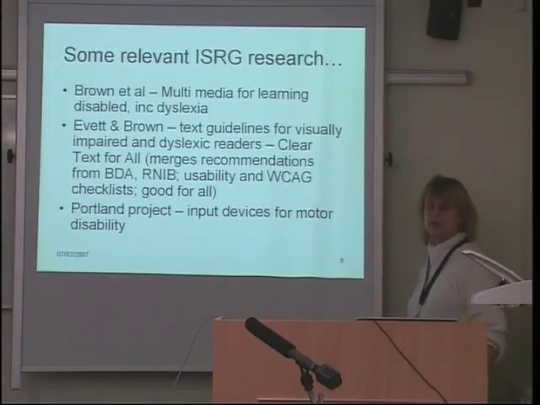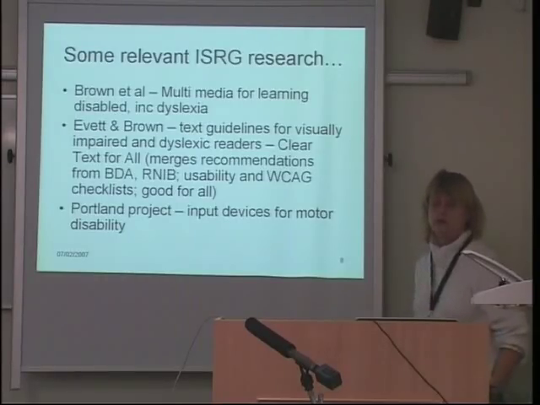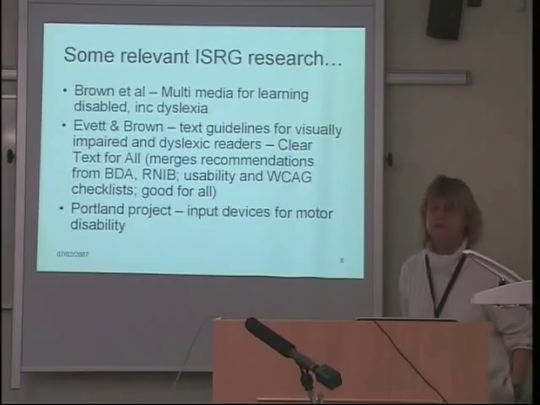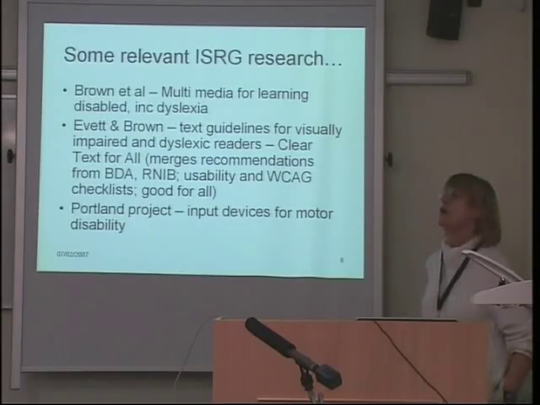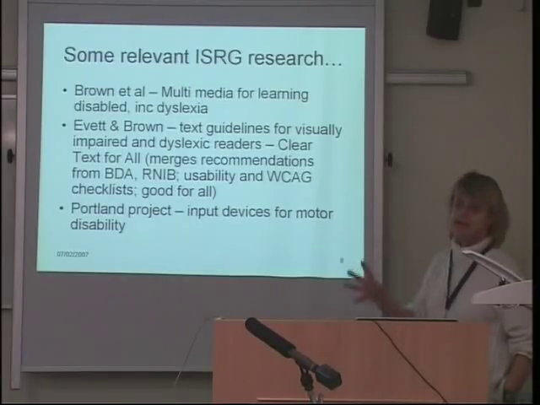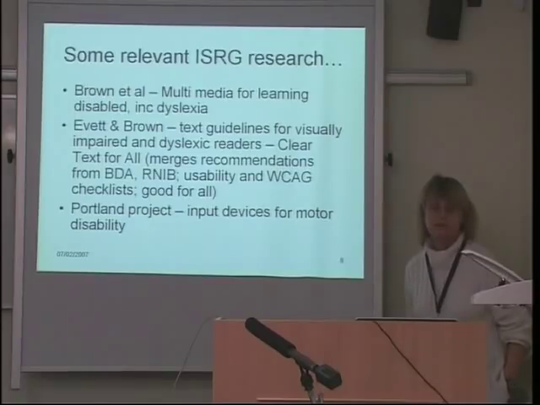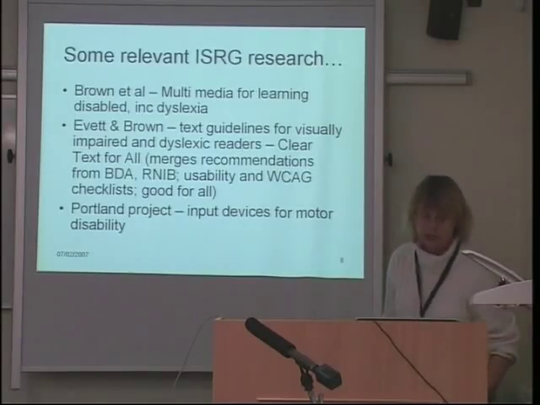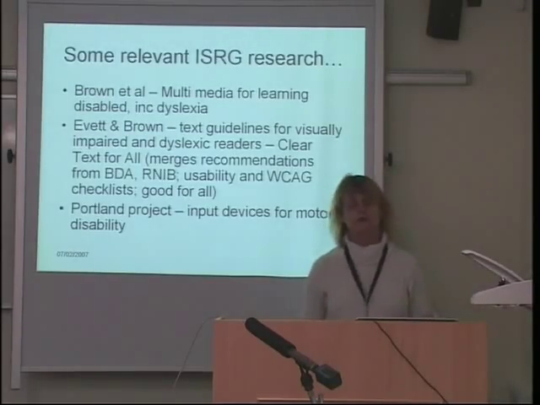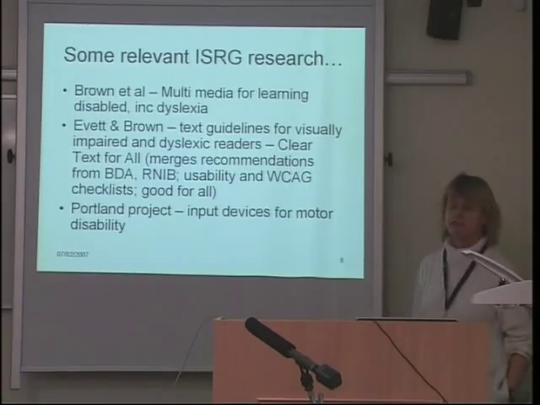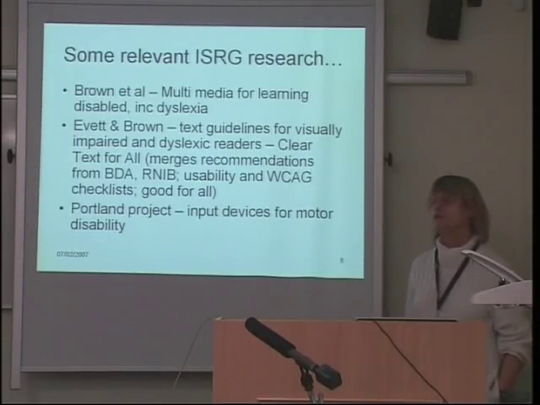Evett and Brown, text guidelines for visually impaired and dyslexic readers, which we call Clear Text for All, because what we've done here is we've looked at the production of documents and the text in those documents, and we've merged recommendations from the British Dyslexia Association, the RNIB, usability guidelines, the WCAG. We've looked at the overlap for those, and we've looked at